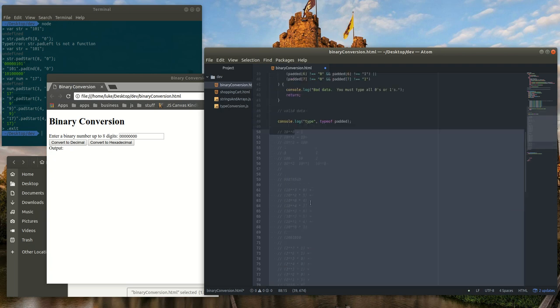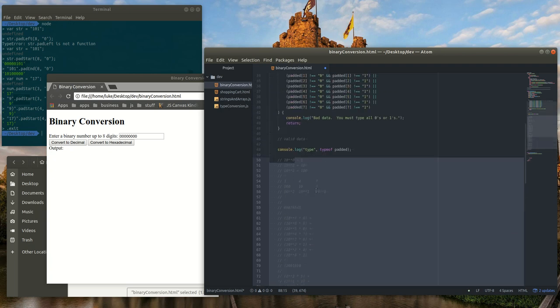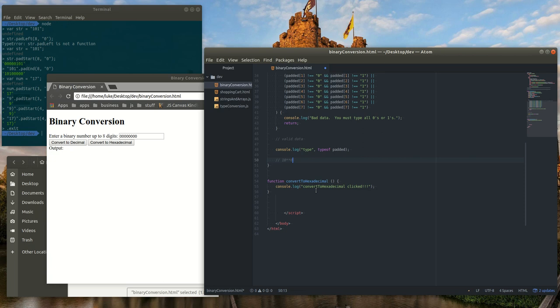Okay, so I'm going to comment that out. I'm just going to delete it. Okay. So we're going to have a running total. We're going to add all these things up. So we create a variable called sum and set it equal to 0. Sum equals, we're going to start with,